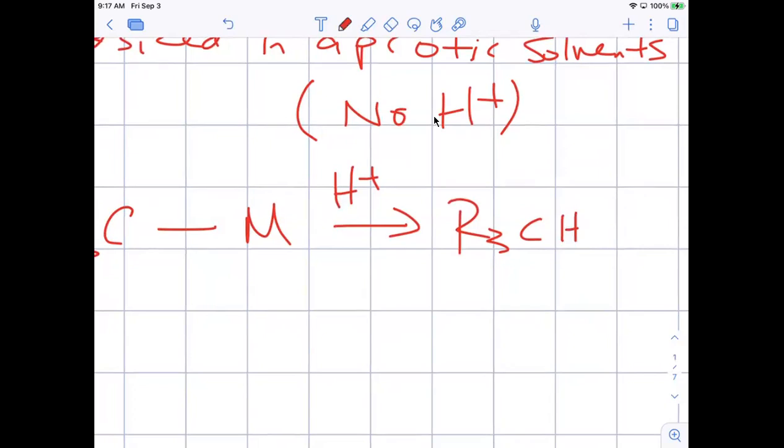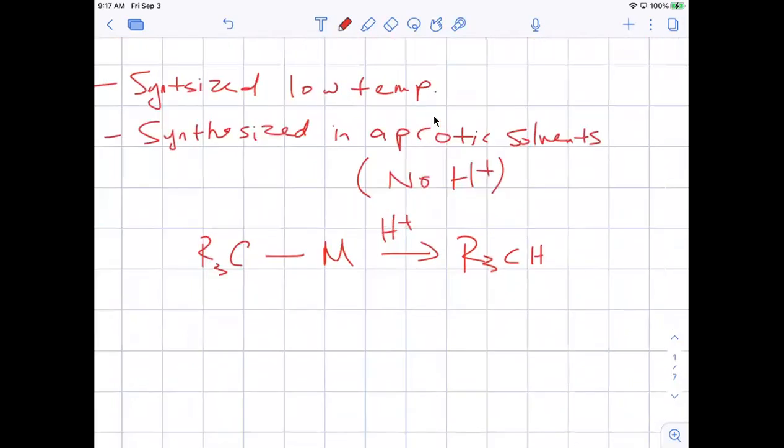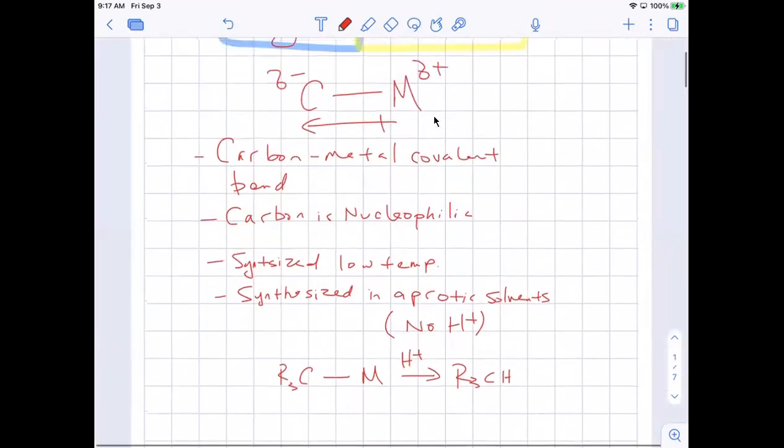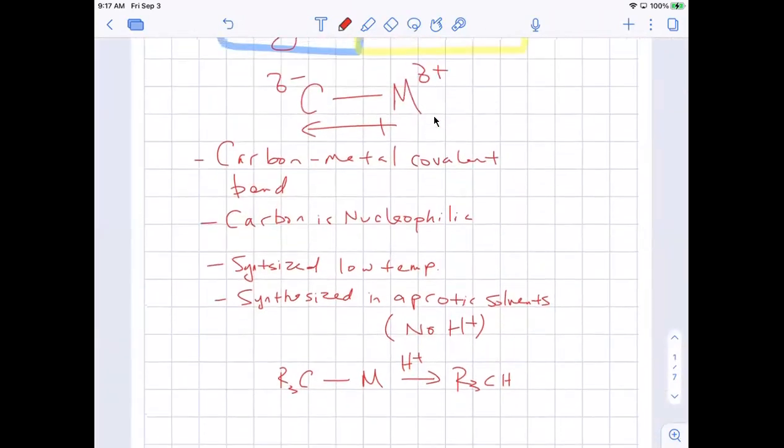So you need to do this in aprotic solvent so that your organometallic species doesn't get protonated and quenched, right? Then it's no good. You can't use it for anything. All right, so these carbon-metal covalent bond organometallics,